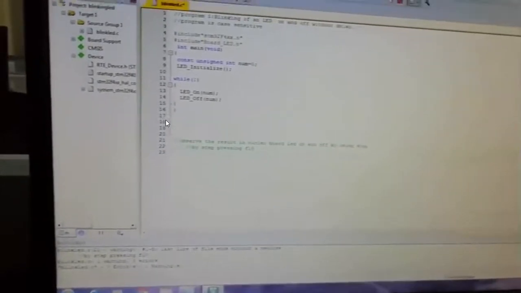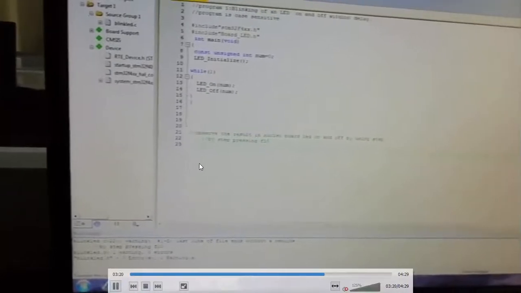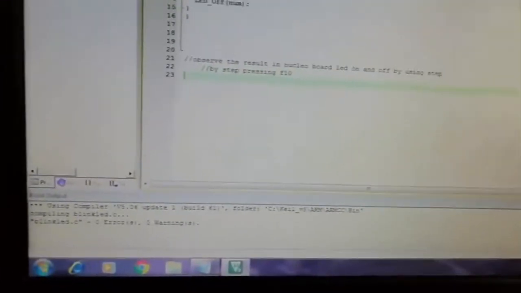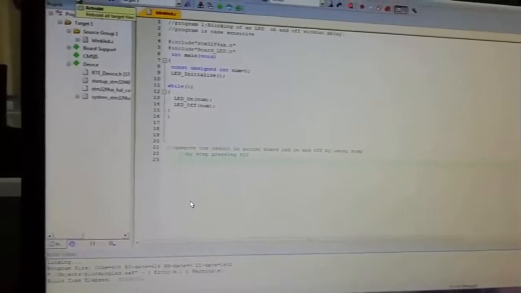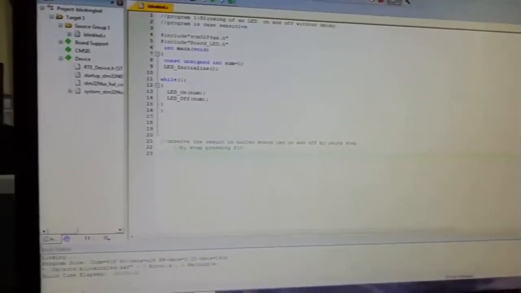Here we got a warning for an extra line, so delete that line. Once you delete the line, you will get 0 errors, 0 warnings. Then, for safety purposes, you rebuild it.